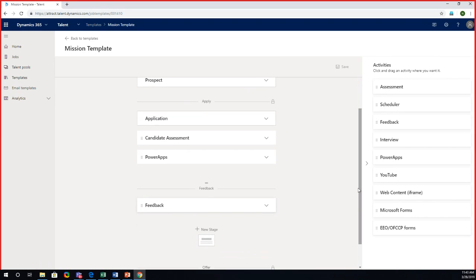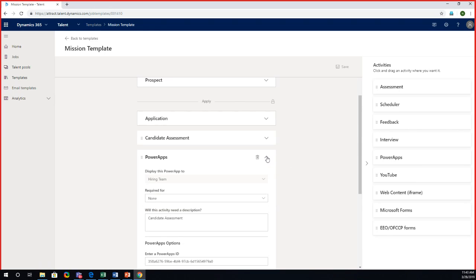And if you see here, all of these activities on your right, these are the activities, and activities very specific, quickly mention here, like PowerApps and YouTube and web content. These are the activities that help you to enable all of those extensions like PowerApp or YouTube video or an iframe. So what I have done here is I've already called the PowerApp activity in the candidate assessment, and then